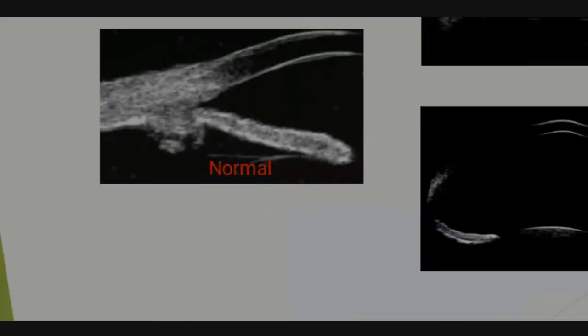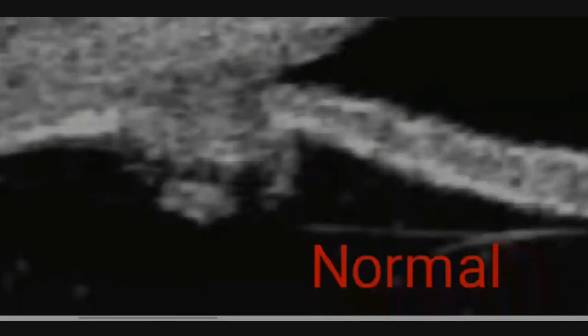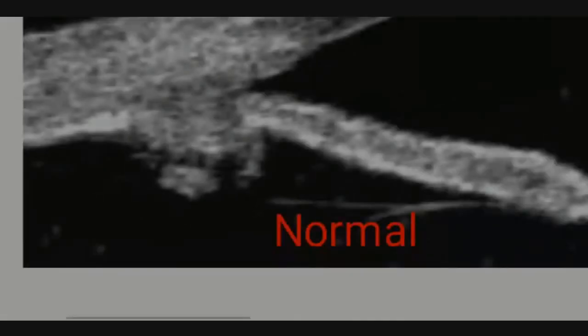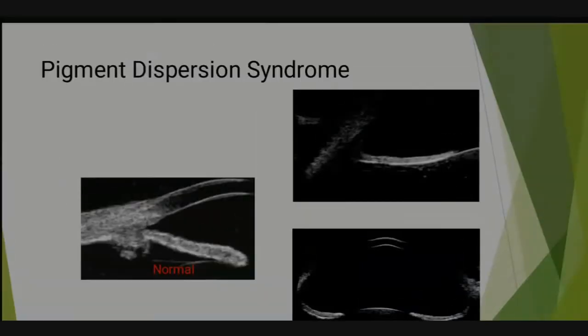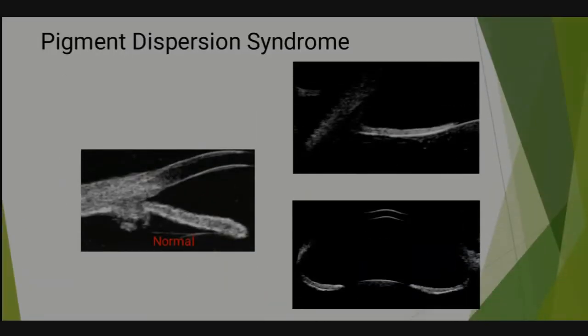Like this, hyperreflective dots will be there in the UBM scans. In this, you can see a white line above the normal. This line, can you see? These are the zonules. In those regions, we will check whether any pigments are there or not, and whether near the sulcus hyperreflective echoes are there or not. In dim light, these pigments will be seen more. They will be more visible when compared to normal light.